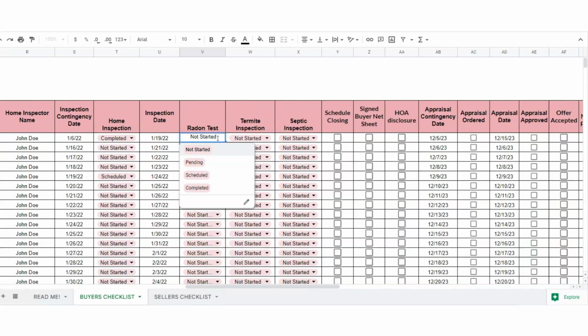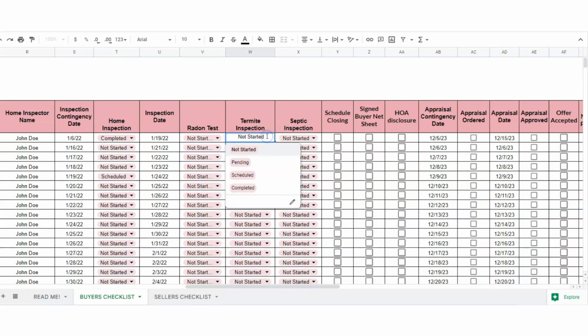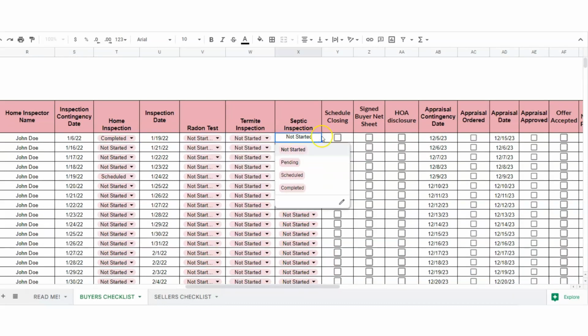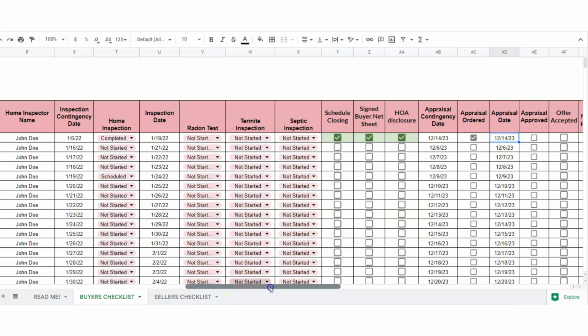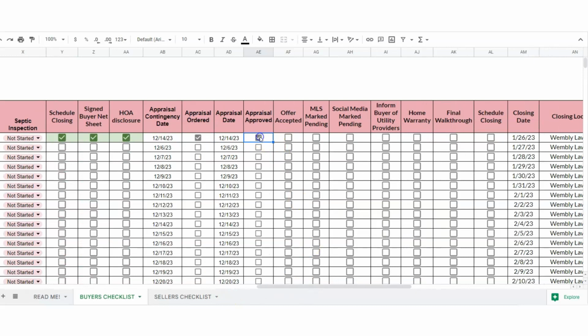Radon test. Termite inspection. Septic inspection. And this is the schedule closing checkbox, buyer signed net sheet, HOA disclosure, appraisal contingency date, appraisal ordered, appraisal date, that's the date it actually happened, the appraisal approved, offer accepted, MLS marked pending, social media marked pending, inform buyer